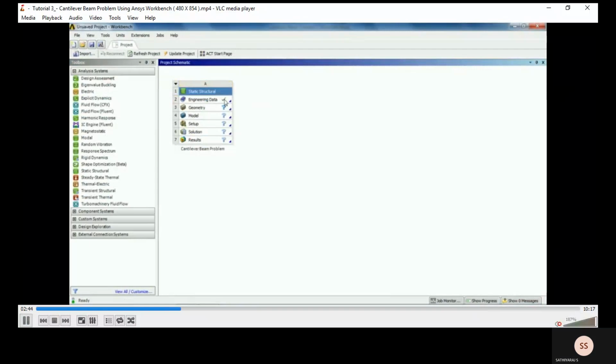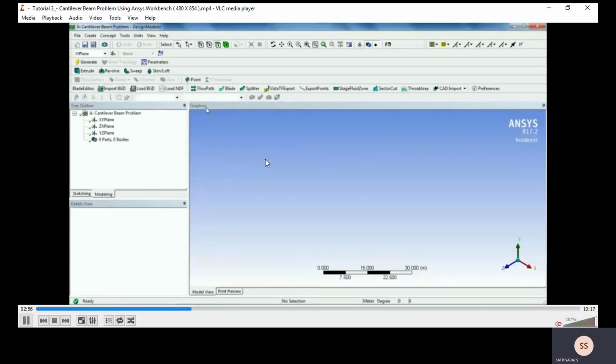Then move to step number 2, geometry, and double click on geometry. We will get a workspace area, and then we can select the XY plane.